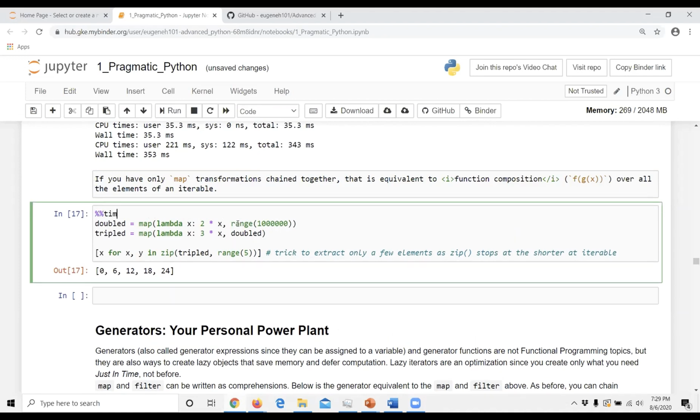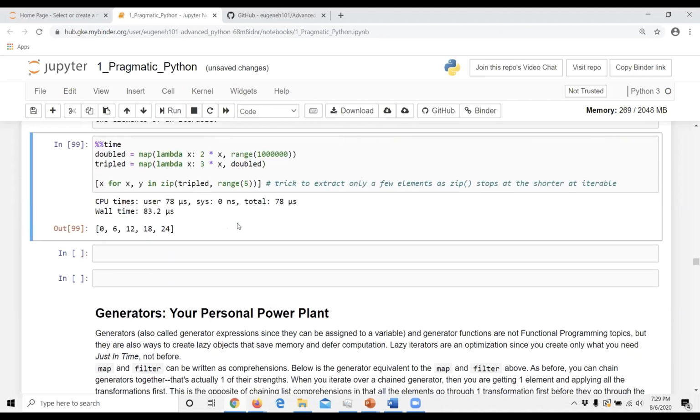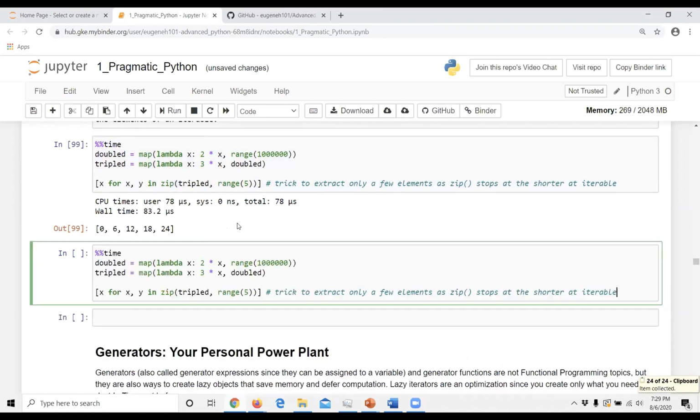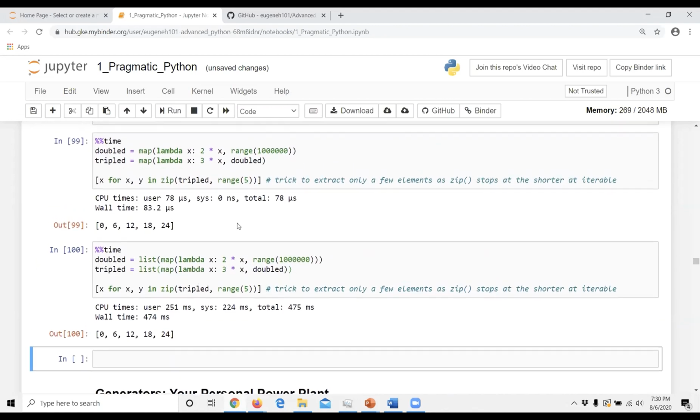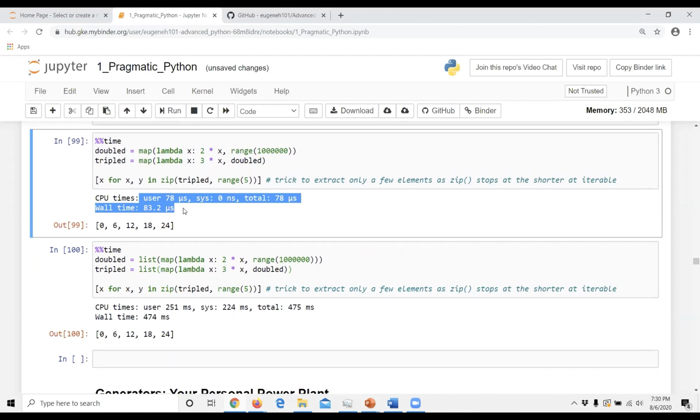Okay, let's try this out. So that's good. This one takes 83 nanoseconds, so less than a millisecond, less than a millionth of a second.